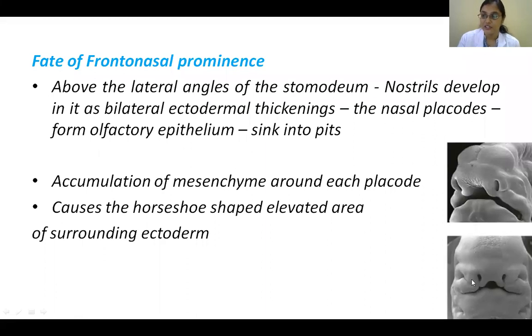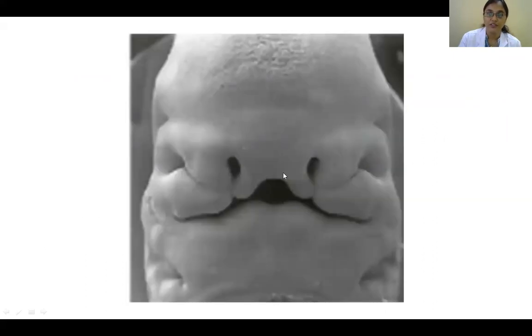And this is the lateral nasal process. This is the medial nasal process. Now in this you can see the stomodium here, the frontal part of the frontonasal process. Then you can see this pit is going deep. And this is the medial nasal process, and this is the lateral nasal process. And you can see continuity here. This is the mandibular arch. So from the dorsal part is this maxillary process, and this part is the mandibular process.